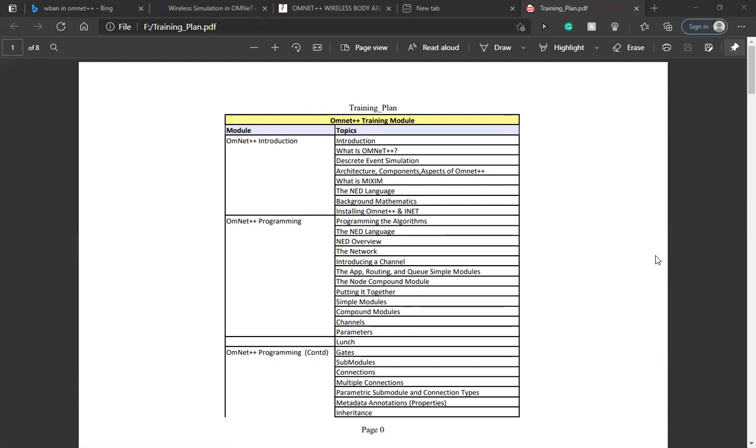So Omnet is actually a simulator designed for fixed wired distributed systems such as computer networks, multiprocessor systems. It is a discrete time simulator. It is mainly focused on communication networks. It runs on Linux and Windows. It is a C++ based simulator. It is free for academic and non-profit use.